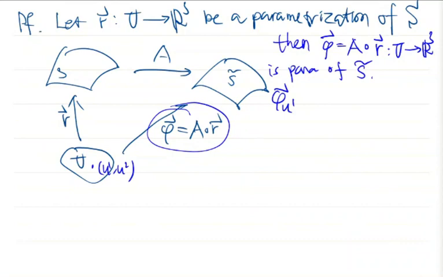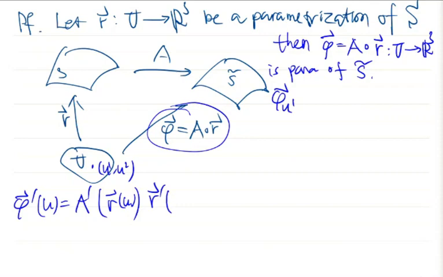Where to write? Phi prime U is A prime R U, R prime U. But A is a linear map. A is linear, so A prime is A itself. So this is A R prime U. Okay, so this equality, if you write both sides are